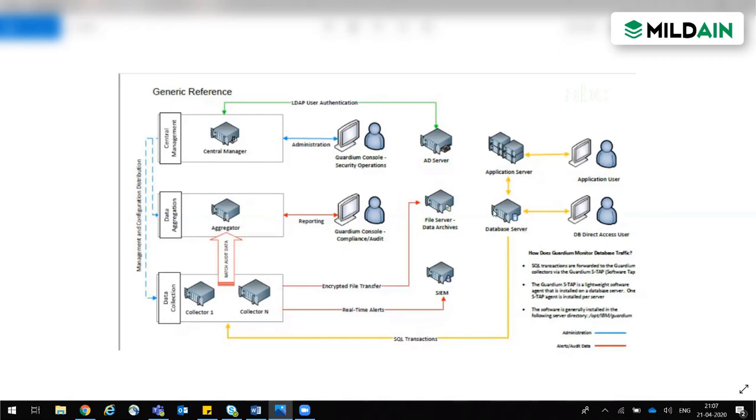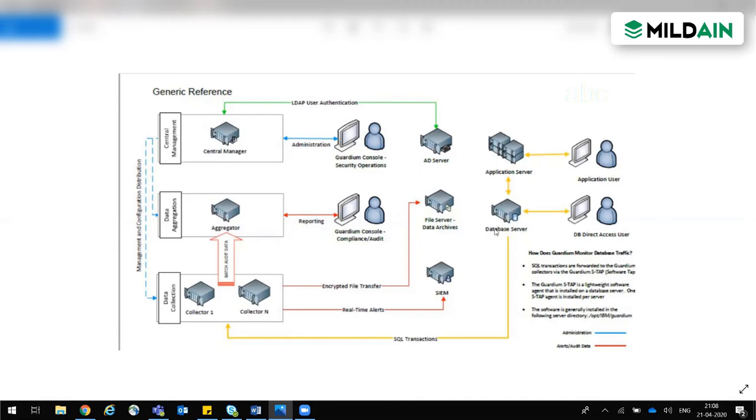Suppose this is a database server; we install the GIM agent with the help of the platform team. It again requires a root password. Like when we install the STAP agent on the database server, it requires a root password, similarly GIM also requires a root password. Now, what is the benefit of installing the GIM agent? If we have STAP directly installed on the database server, then for multiple tasks, like restarting my agent or capturing some logs from the agent, I have to connect with the DBA team or the platform team every time to provide those things.